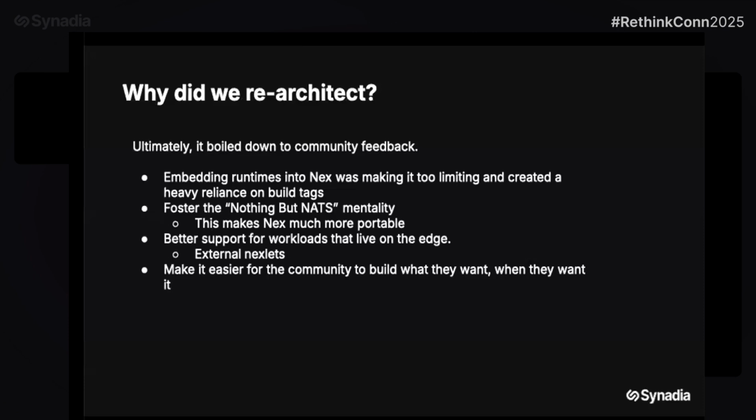So I kind of went over this, but build bloat, build tags were getting hard and confusing, and debugging was taking a very long time. Those were a lot of the motivators that brought us to the re-architecture. And then we looked, let's embrace nothing but NATS. We have Orbit, which we're using, and it took out a lot of the custom logic on how we parsed messages over NATS. We have Micro, which brought us pretty much everything we needed from a lightweight agent framework.